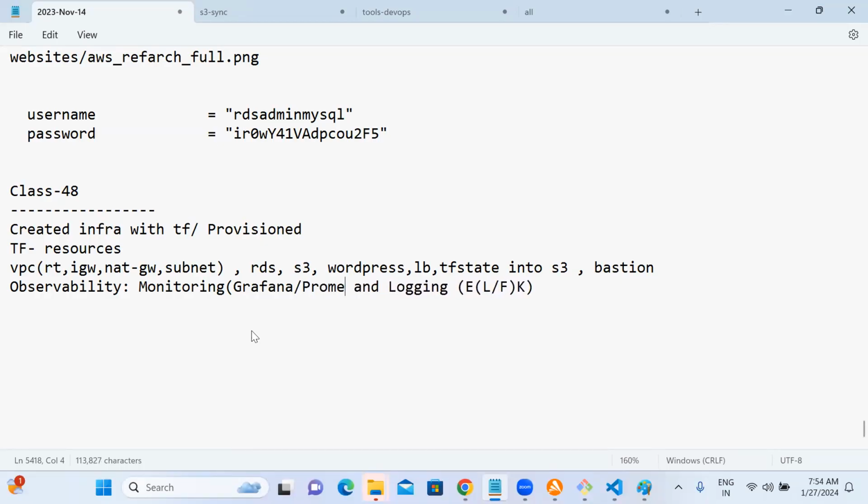This provisioning we are doing on top of, parallel to, this environment. This is completely for end-user purposes. This is completely for admin purposes. We are the ones who will be using it, the admins. So let's say, for example, the application is not working. The application was down for maybe 1 hour or 1 day. Then the customer comes to you saying that the application was down. That will impact the company brand. As a client, he is coming to you and saying that the application is not working.